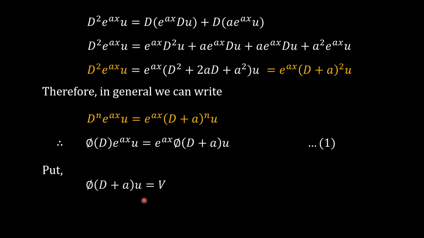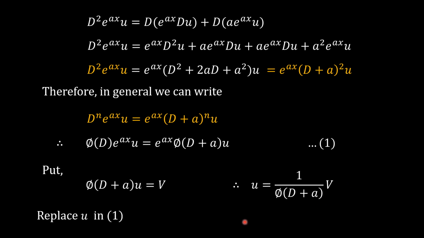So put v for that term phi of D plus a of u. Now we want to replace the value of u, therefore operate 1 upon phi of D plus a on both the sides. That will give us u equal to 1 upon phi of D plus a of v. Now replace the value of this u in expression 1. So that will give us